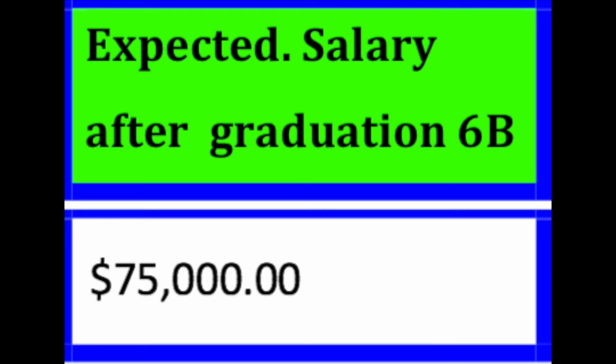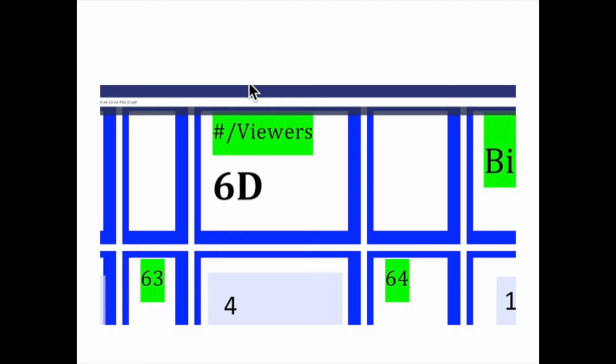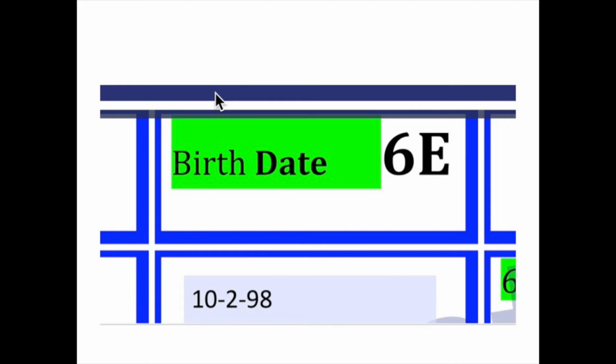In box 6D, enter the number of viewers who will be watching the series of videos on the same device. In box 6E, enter student's birth date in 6-digit format. In box 6F, enter a PIN consisting of the first letter of primary viewer's first name and the first letter of primary viewer's last name and 4 number digits, which you make up.